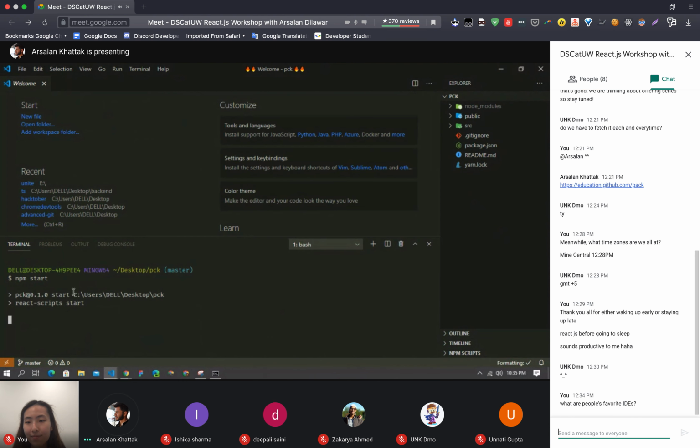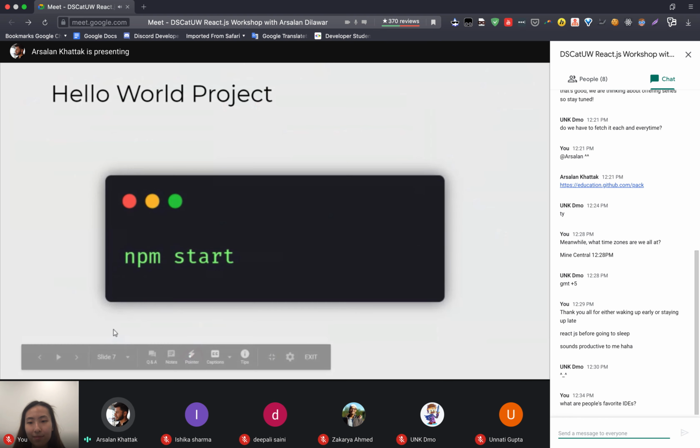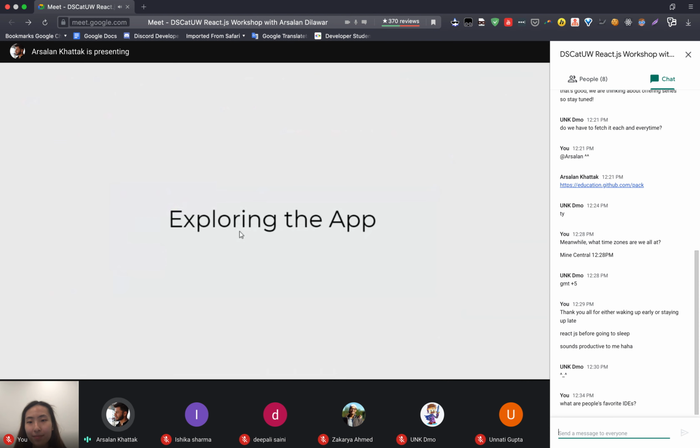Once we start that, we will see how it looks, and then we will move on to see what each of the files that already exist there does. So we will explore that there.